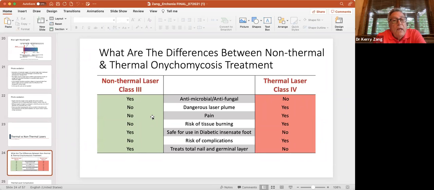But I can tell you that with the thermal lasers, when you're actually in the room when it's being done, you can smell the plume. Well, when you're smelling the plume, it's too late. You're actually breathing in pathogens, microbes, virus, fungus, and so is your patient, and so is everybody else in the